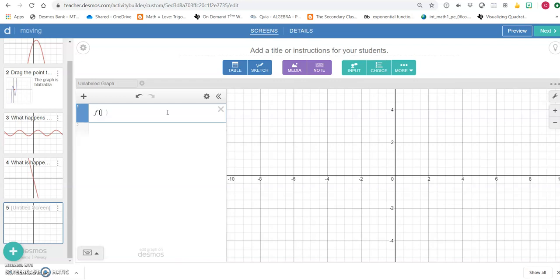So we're going to type in f of x equals, let's do, we'll just do a linear function, 2x minus 3. But it doesn't matter what function as long as it is a function. It could get really complicated. You could do something like,